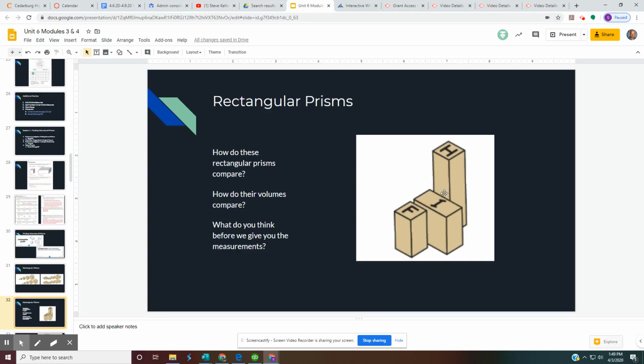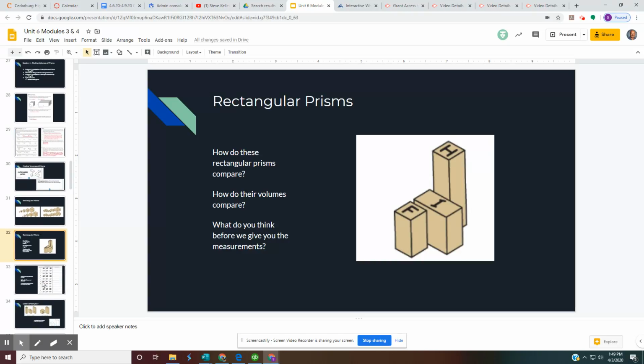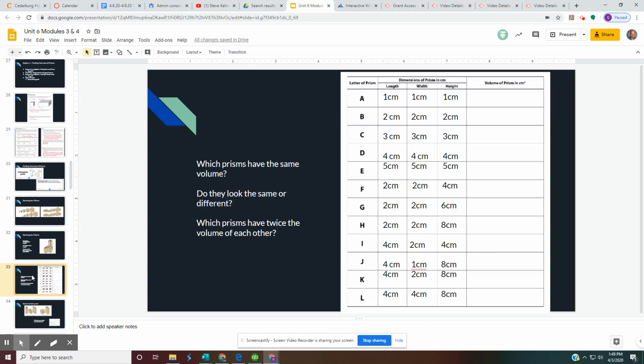But if I look, in fact, if I cut H in half and put it down next to it, you'd actually see that I and H are very equal. All right, since I don't have the blocks for you to measure, I've already taken the time to go ahead and measure them for you. Okay, so stop the video and figure out each one of the volumes for A through L, because I'm going to ask you to compare some of the volumes